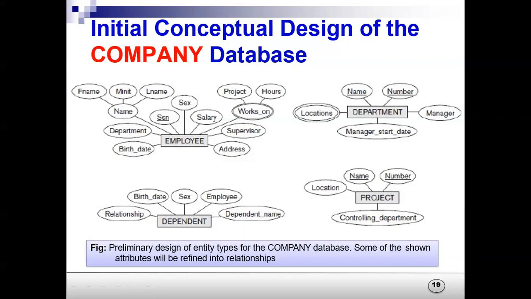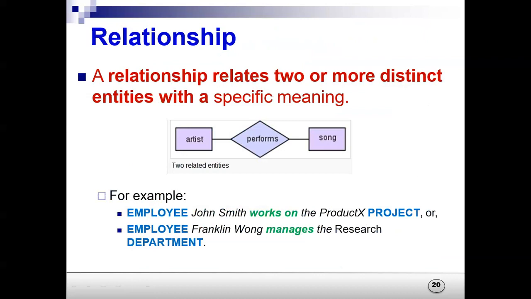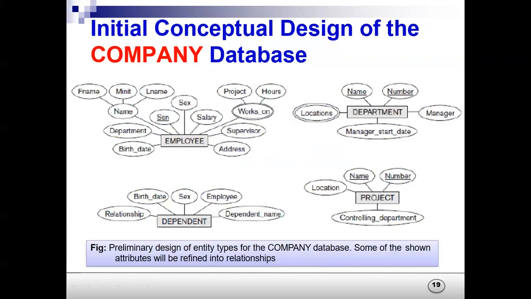Next week, after we study the relationships, we'll not study that today. Then we'll move to this diagram, how these employees, departments, dependents, and projects are linked. See, in your diagrams for these entities, I have used so many attributes. It's not that you must use the same attributes, they may be different also. I have written SSN here, you can also write employee ID. Few of the attributes are necessary, but you can always add yours also. If you think I have not added anything here, you can add that attribute also.